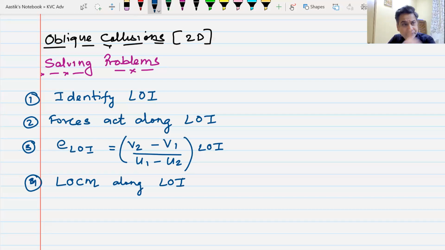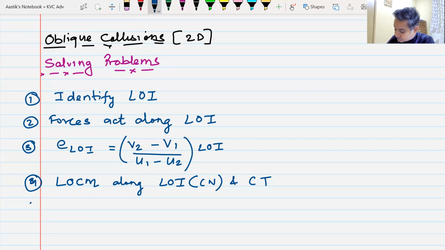That would be one axis, and this line of impact is normally your common normal, yes or no? So if it is your common normal, you can apply it along common normal and along common tangent. So basically, you can apply this law of conservation of linear momentum along two axes. The two axes must be perpendicular. Do we understand this? Yes, sir. So if one axis is your line of impact, the other axis would be perpendicular to it. Normally it will be common tangent.